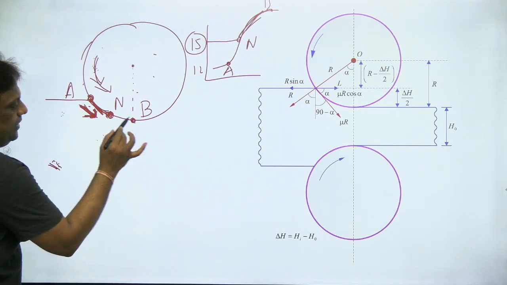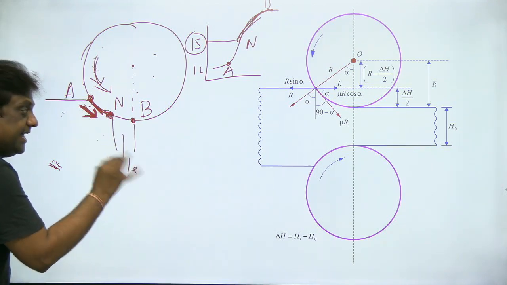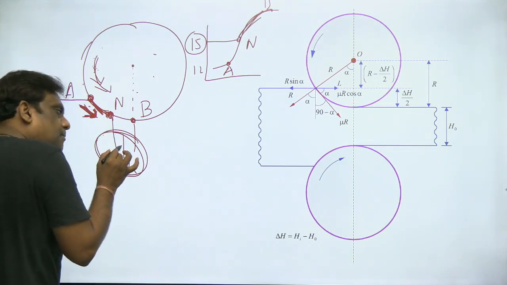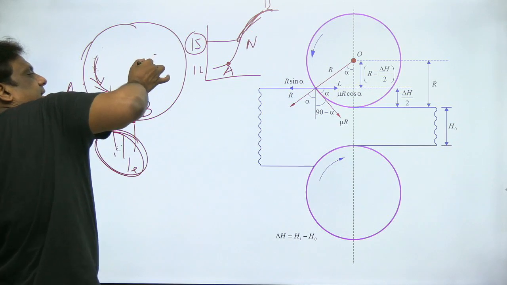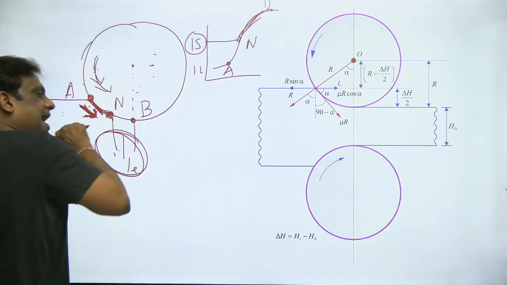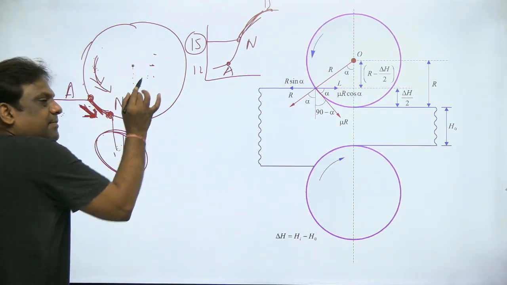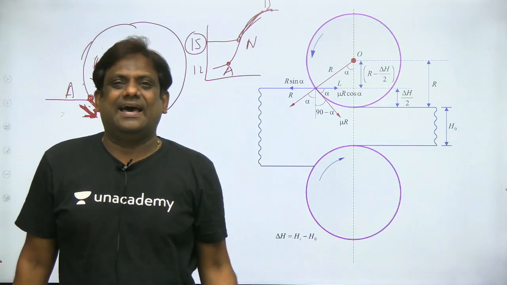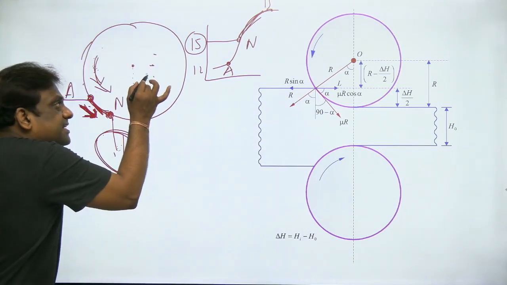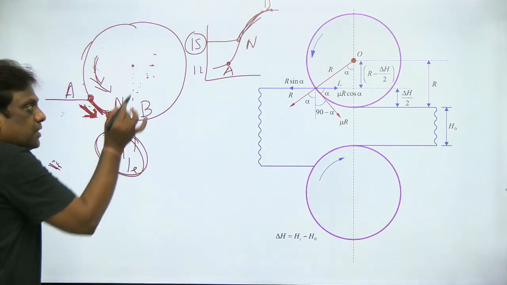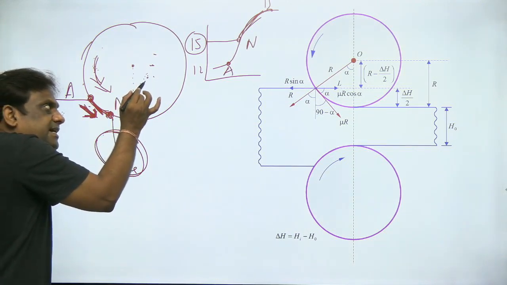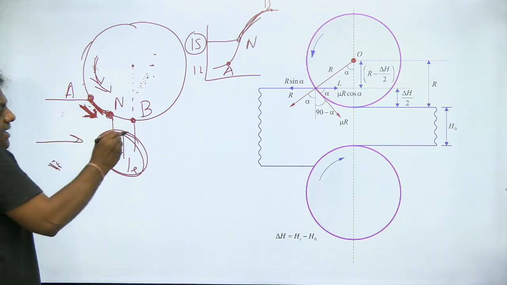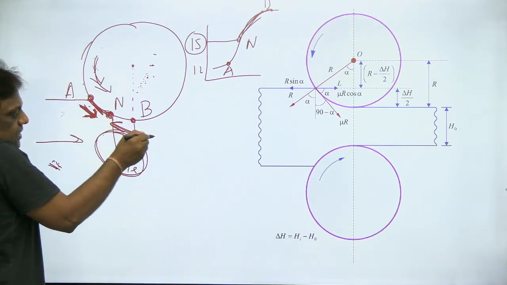But when you come here, it is the leading zone. Leading means my plate velocity is more, my work component velocity is more. When the work component velocity is more, the work will try to accelerate it. But what will this do? It will try to retard. Same thing: when someone is not studying and you are studying, that someone will say, what are you studying? He will try to retard you. So its velocity is less compared to my plate, so it will try to retard. But it is trying to move in this direction. Retardation means in the opposite direction.